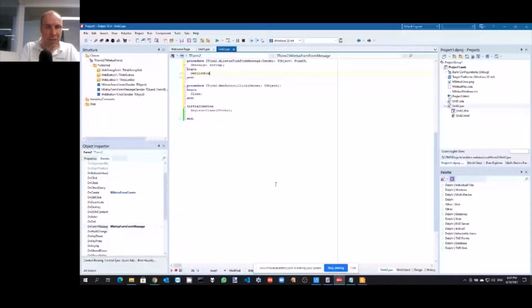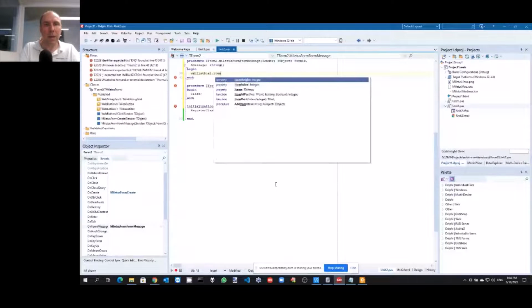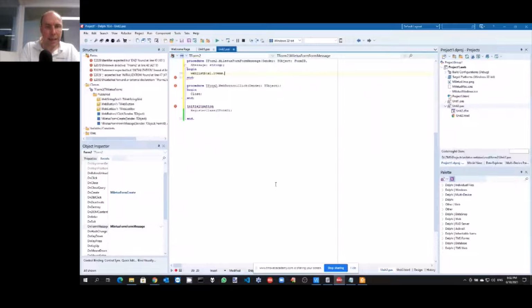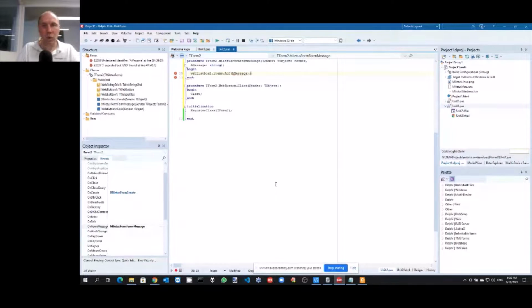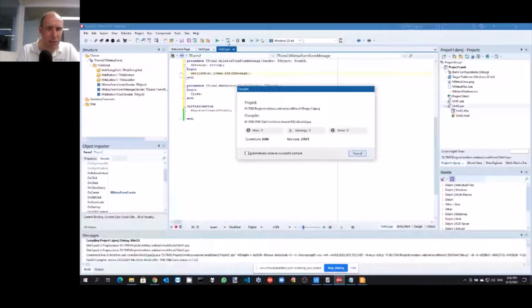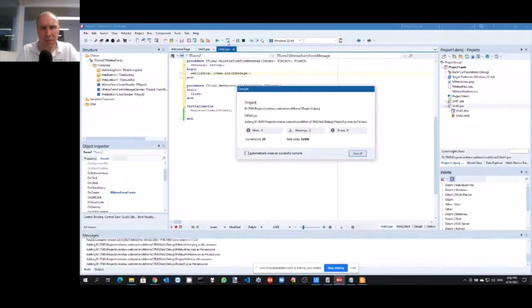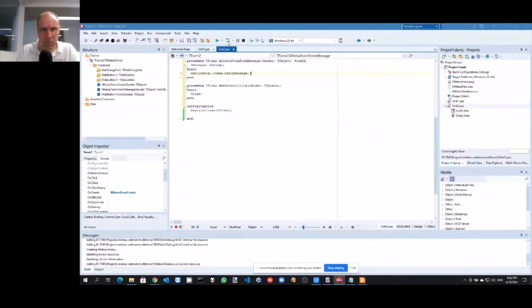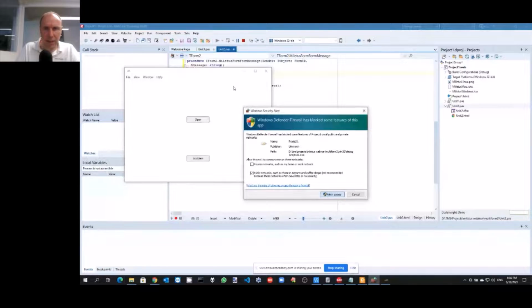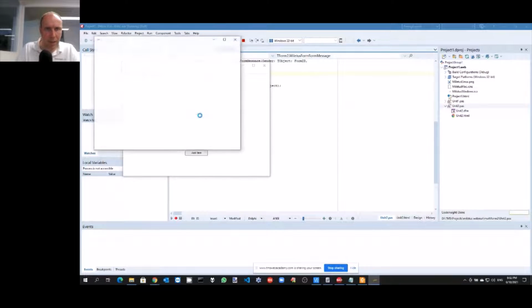You see the message is a parameter of that event. And I can get the text message from there, and I will add it directly to the list box. So let's run the application to see the whole process and mechanism, how it works. So here is our application. Okay, and now when I click